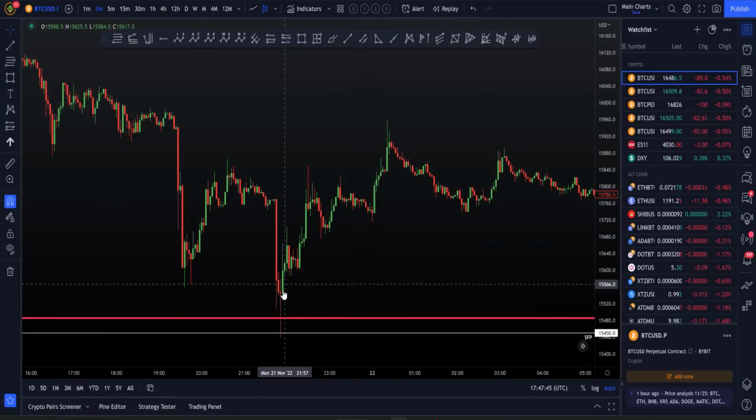You can see how we come down, literally wick onto the swing failure pattern and we get the instant bounce. This is what we call a perfect reaction. Visually, this is all you're going to need to know this is a long opportunity. We've seen that long wick down and we form a swing failure pattern.